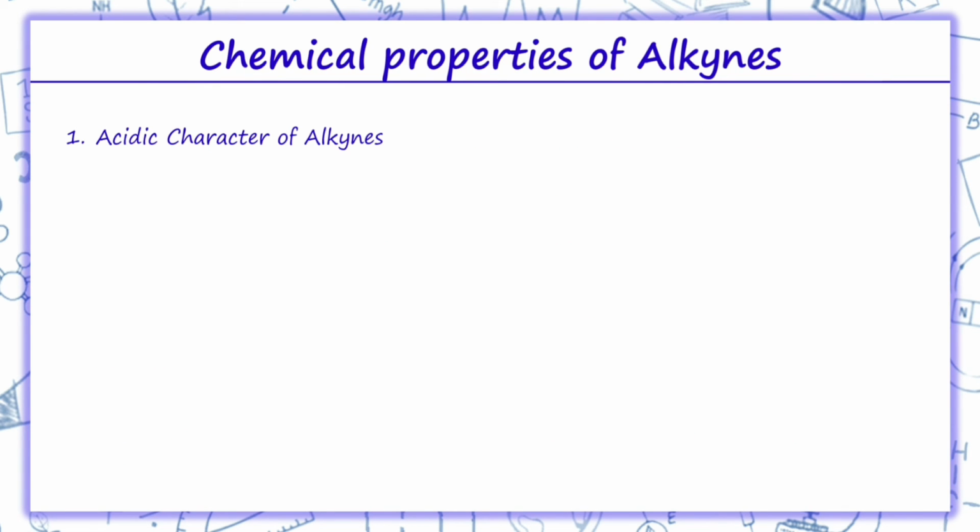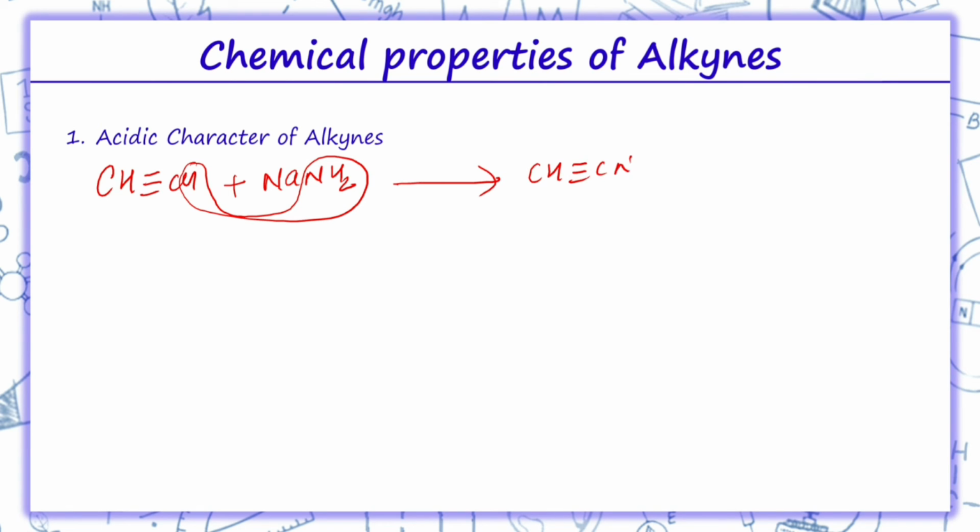Now, coming on to the chemical properties of alkynes. The first chemical property of alkynes is the acidic character of alkynes. The terminal alkynes behave as very weak acids, and therefore they react with strong bases like NaNH2. So this CH triple bond CH is a terminal alkyne. Since it behaves as a very weak acid, it will react with NaNH2. What will happen? This H will combine with NH2 and we will get CH triple bond CNa,